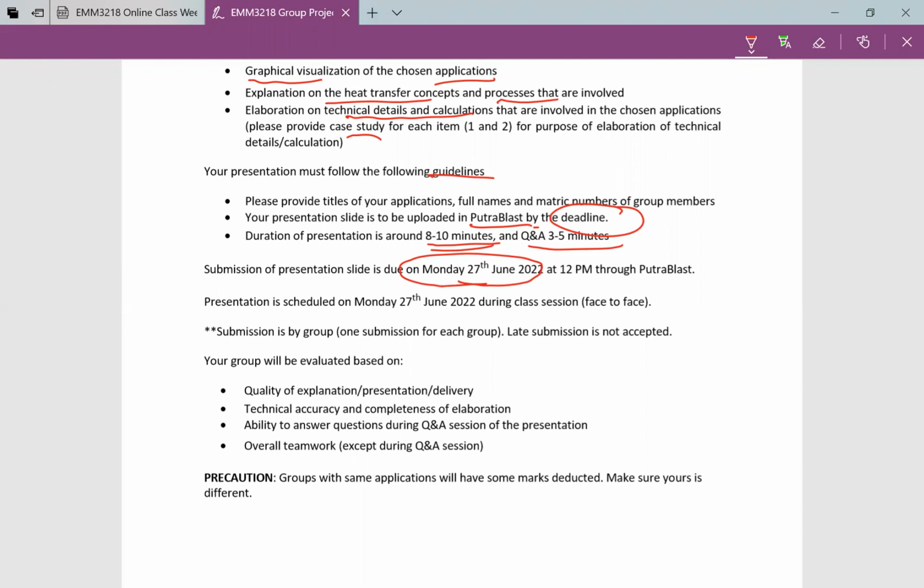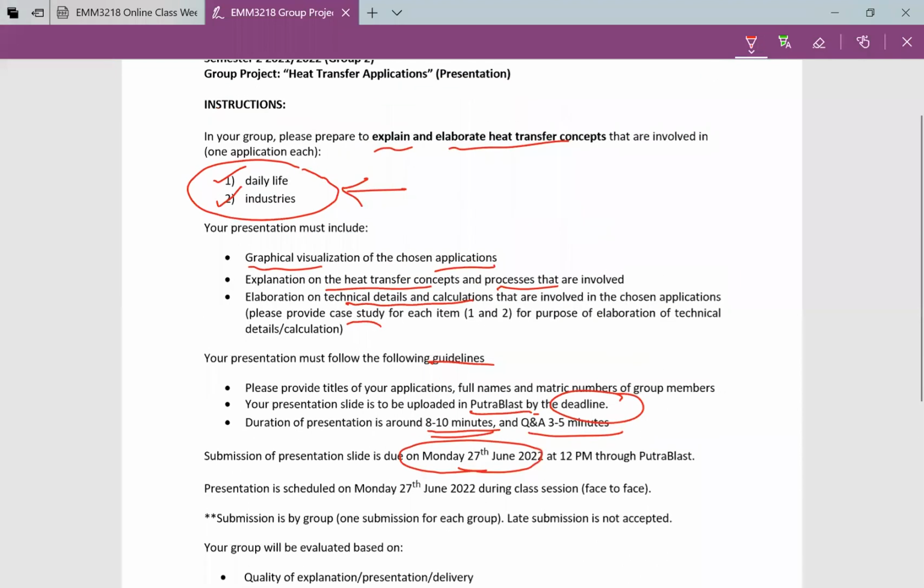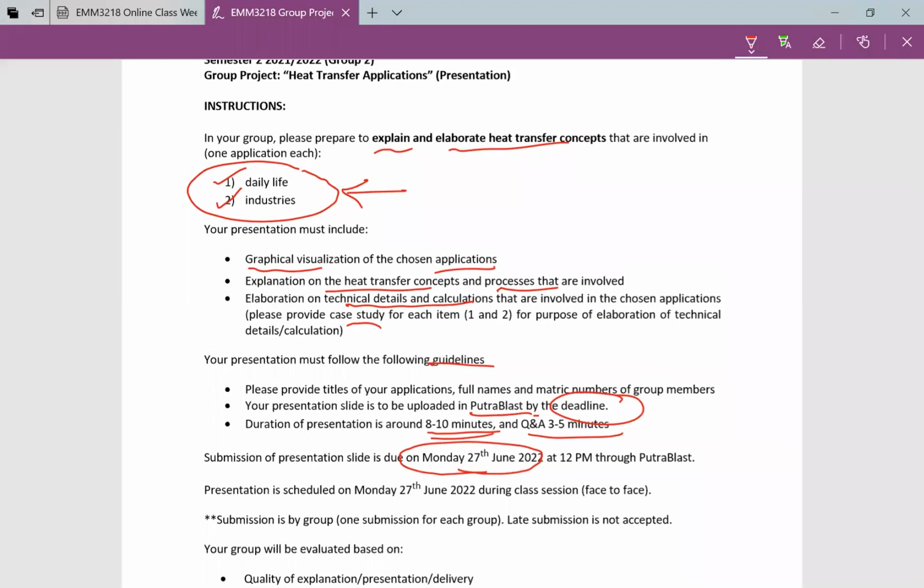But what I'm trying to say is that I try my best not to give a heavy assignment. This is just looking at some examples of application in daily life and industries. You can find this information in heaps on the web. You can always find something, and most of the time the equations are also there. The situations, the scenarios, the case studies are also there. You just need time to look at it, to search, to understand, to discuss,